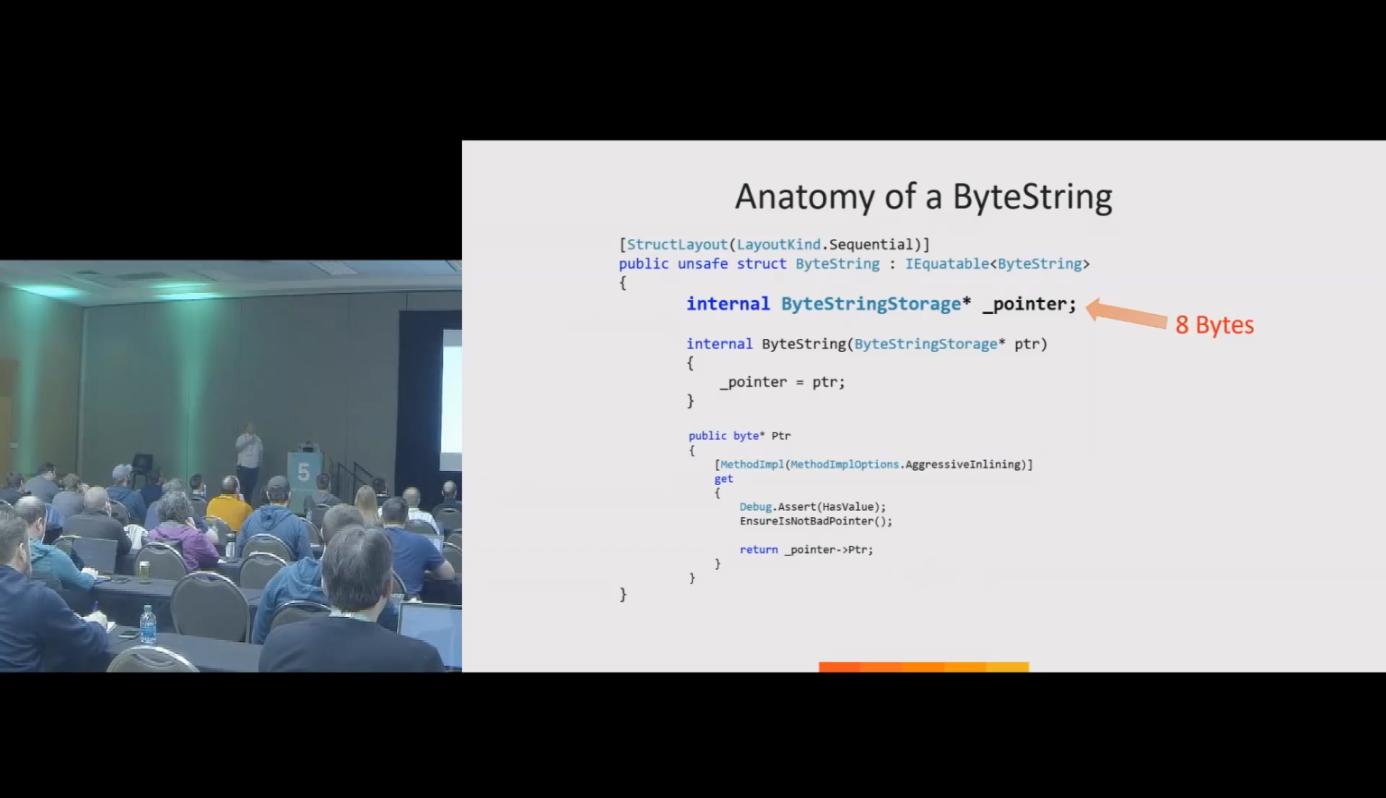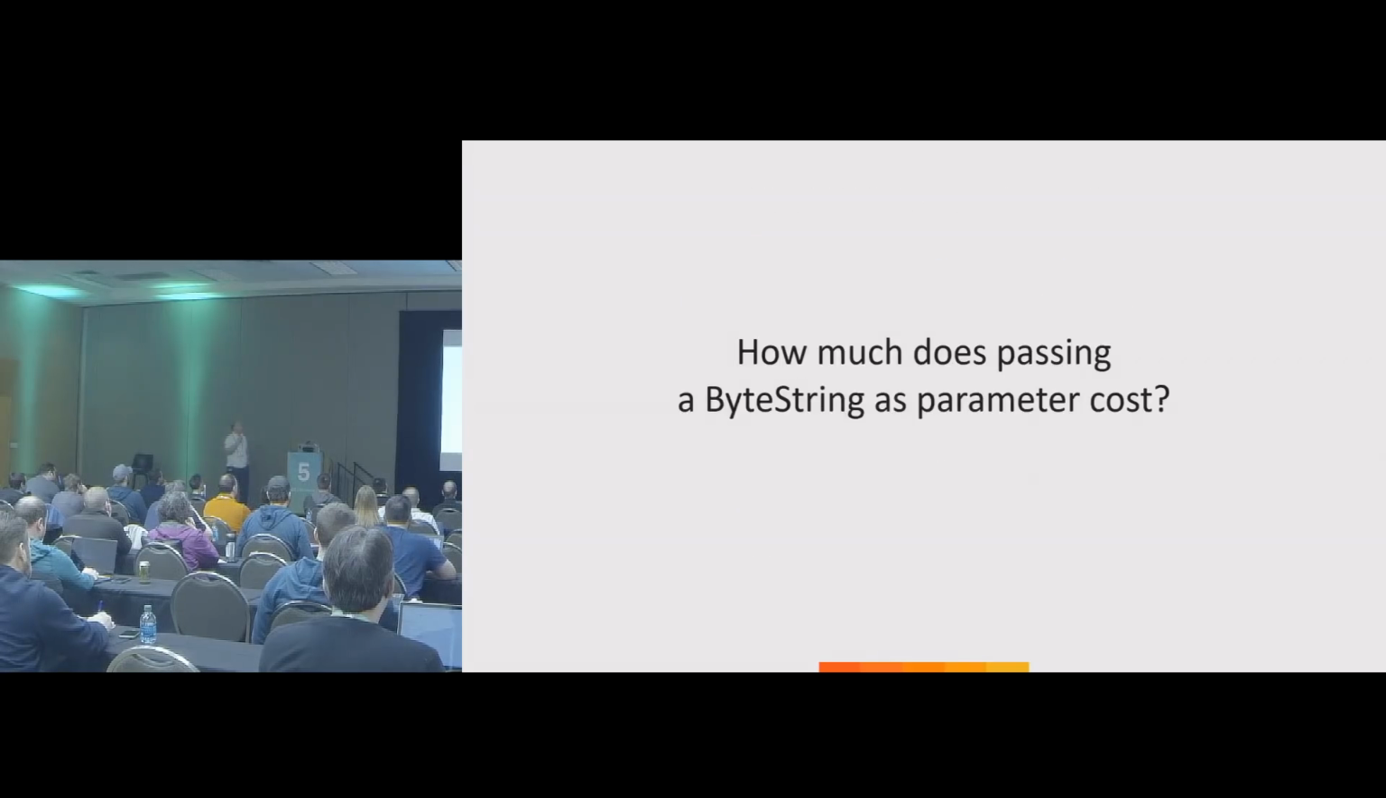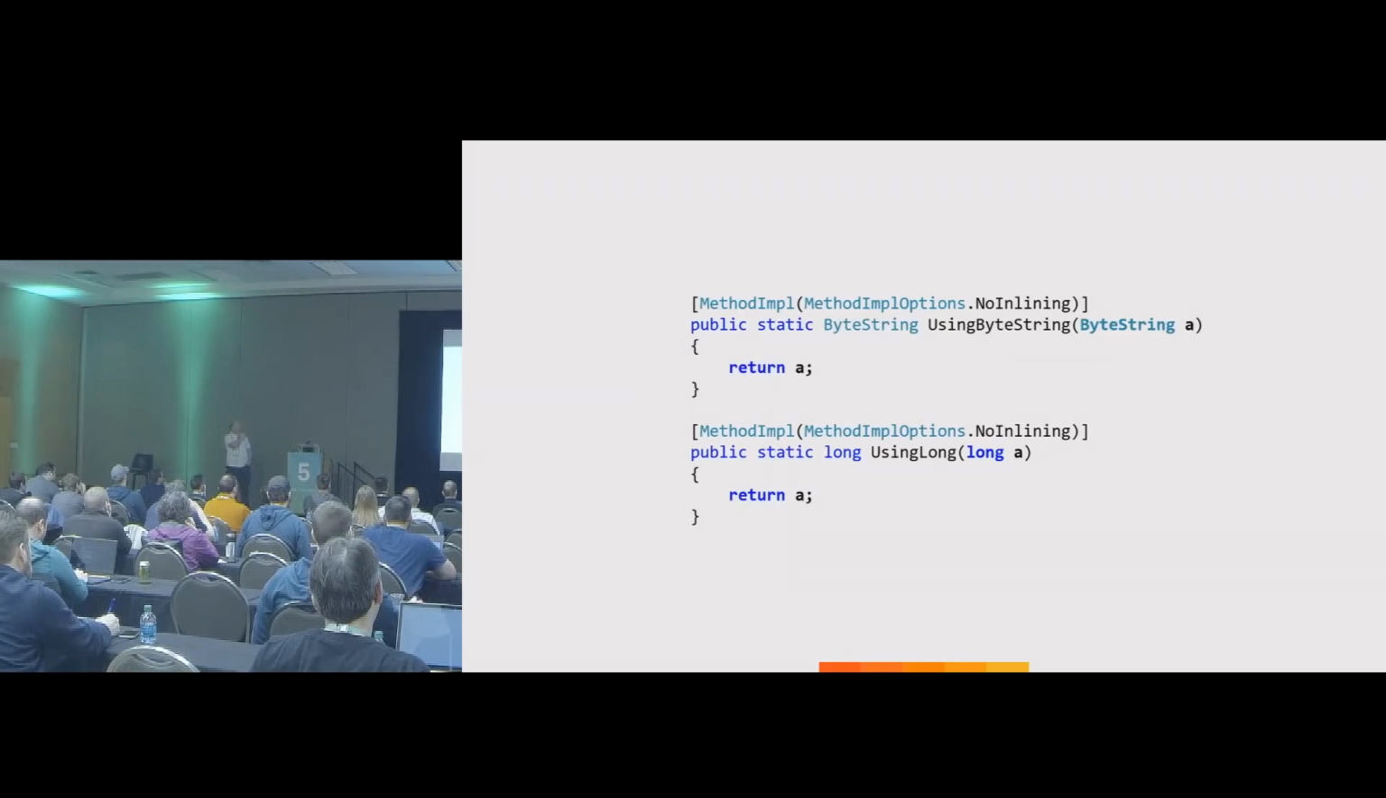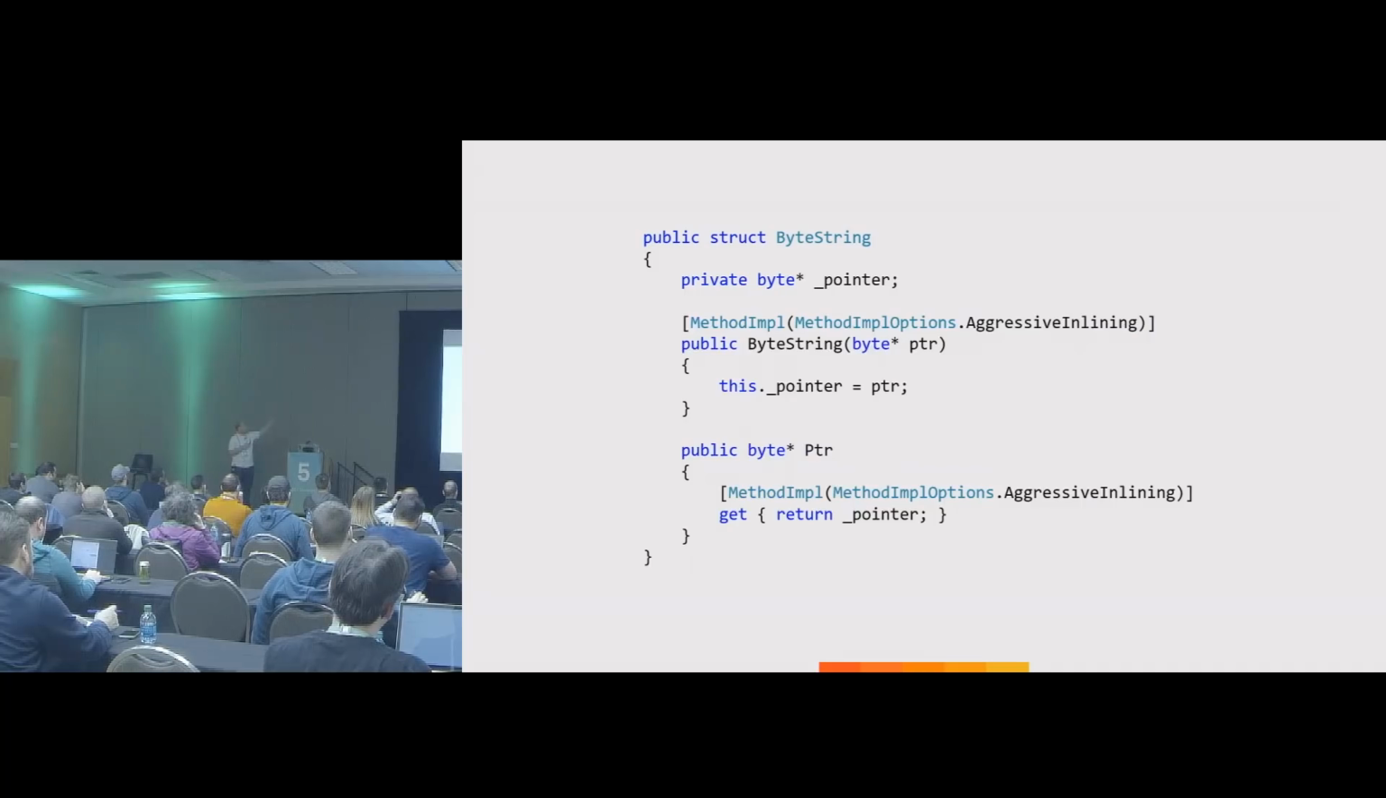So this pointer is the size of an integer. And because this pointer is the size of an integer, we can do a very simple exercise, which is, hey, how much does passing a ByteString as a parameter cost? Sorry, an integer, no, a long. So we are doing something like this. We are comparing it with a long, which is essentially the same size. We wanted to know if that is the same thing. So essentially, we took the very roots of the ByteString, which is the backing store, which is a pointer,